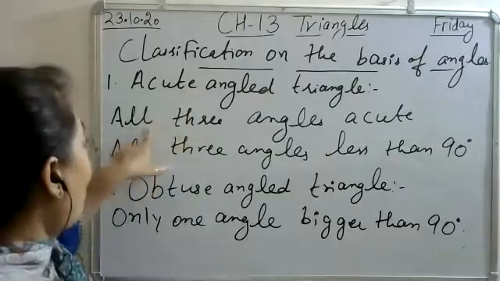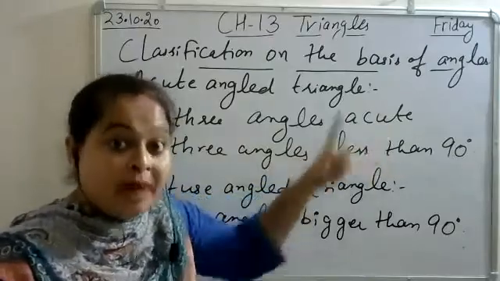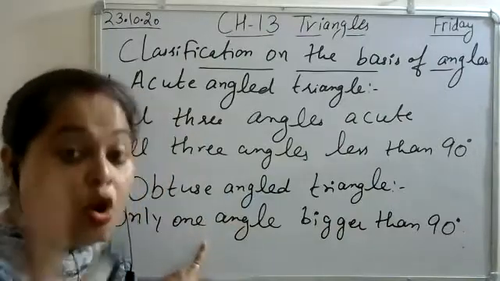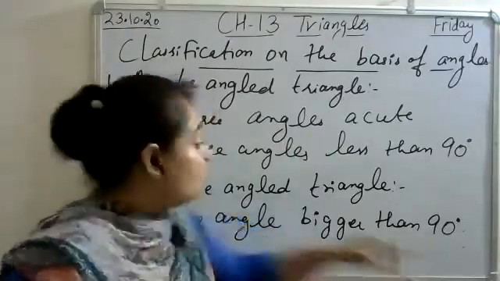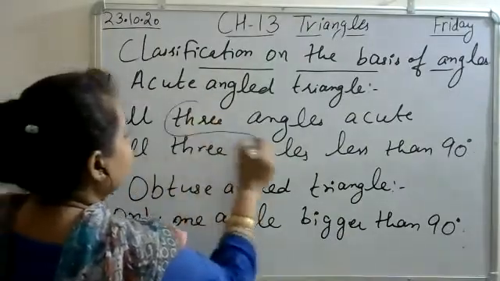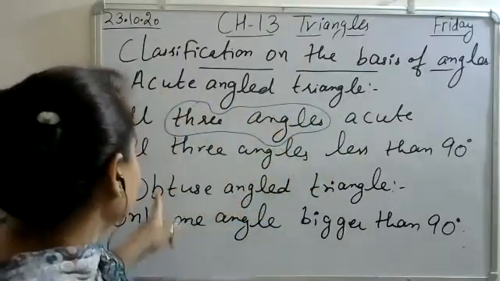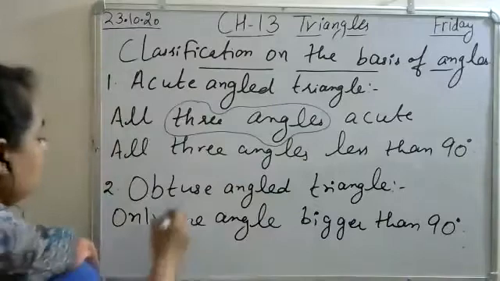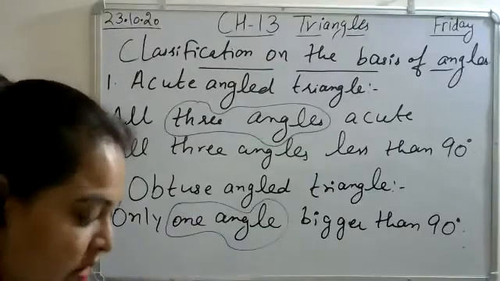In acute, all three angles are acute, but in obtuse only one angle, not all three angles, is bigger than 90 degree. So this is very important. Note down: in acute, each and every angle is acute, but if we are talking about obtuse, then we have only one angle obtuse. So this thing is very important. Now the next is